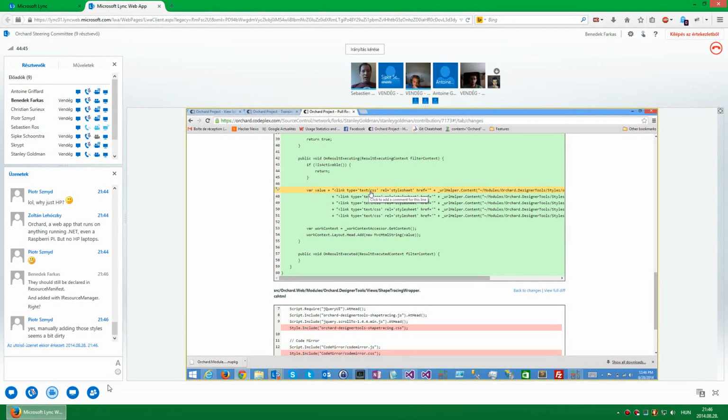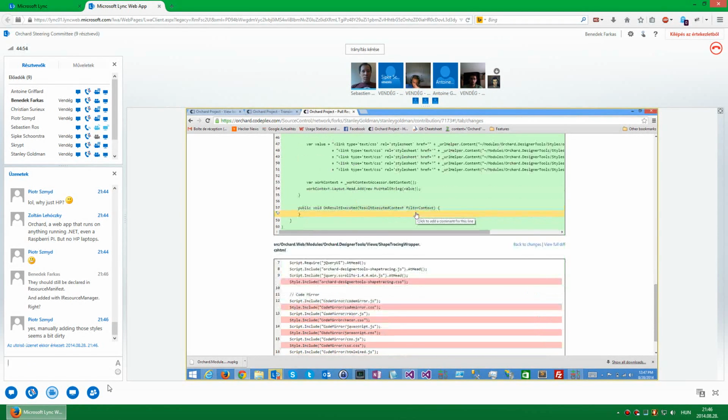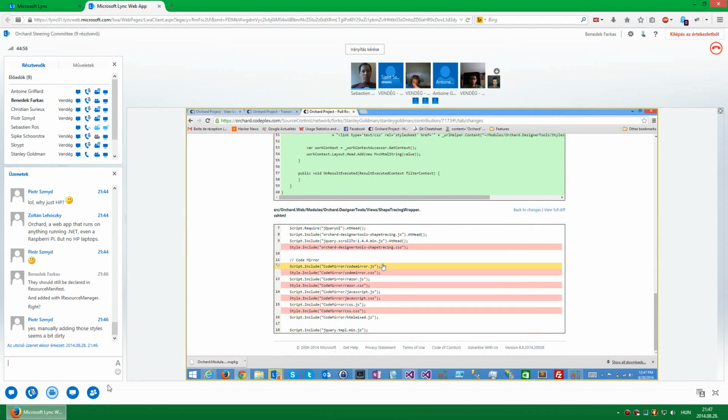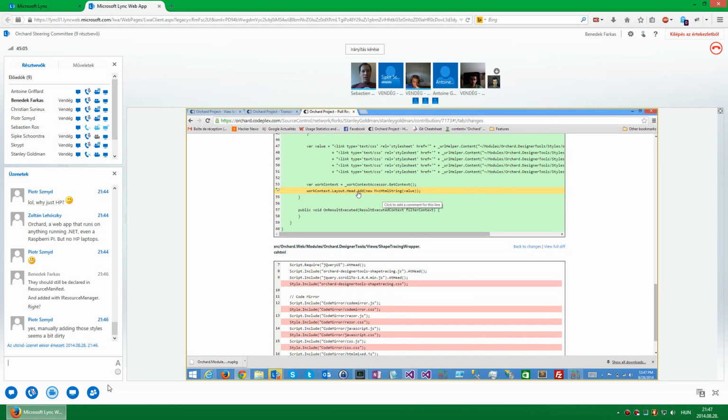So why not add this HTML in the view here? Because that doesn't make sure that the style sheets are included last. Layout.head.add. Right, unless we added the style sheets to the footer.